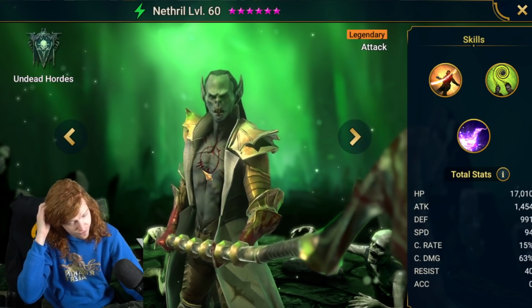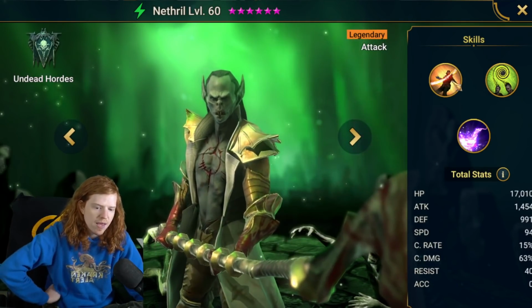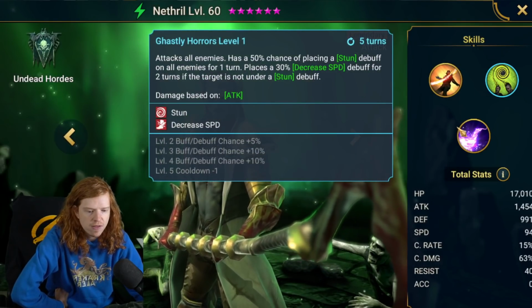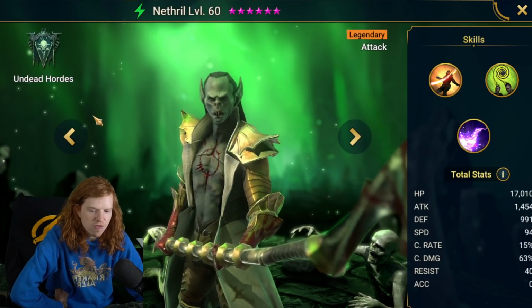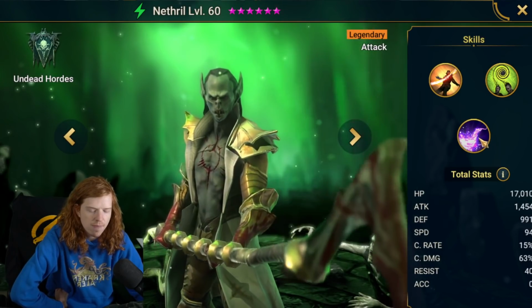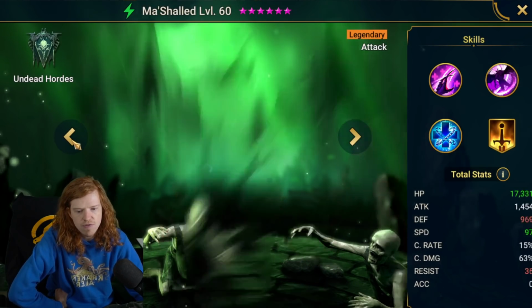Now, Nethro, I've got 5 of, so yeah, trust me, I'm sick of talking about this character, but he's amazing. Poisons, stun, AoE decreased turn meter, a really solid kit that has fallen out of the meta a little bit as time's gone on, but people that can decrease turn meter by 75% on AoE will always find themselves being